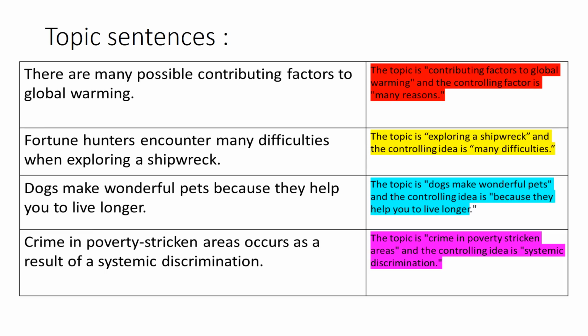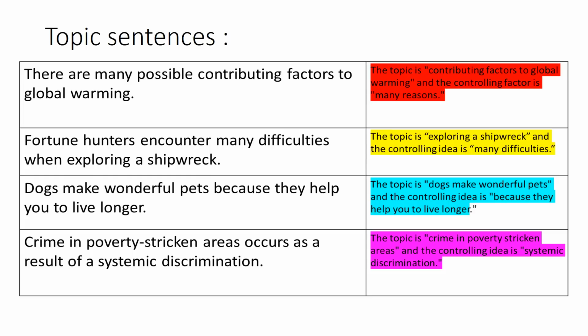So looking at the examples now, you could see what a topic sentence looks like. I'm not giving away too much in my topic sentence. I'm just introducing my arguments. As you can see, pause the slide and look at the various ways that you can write topic sentences. Like, there are many possible contributing factors to global warming. I'm not telling you what the actual paragraph is going to be about. I'm going to talk about the factors, so that makes it interesting rather than stating that I'm going to now look at this point.